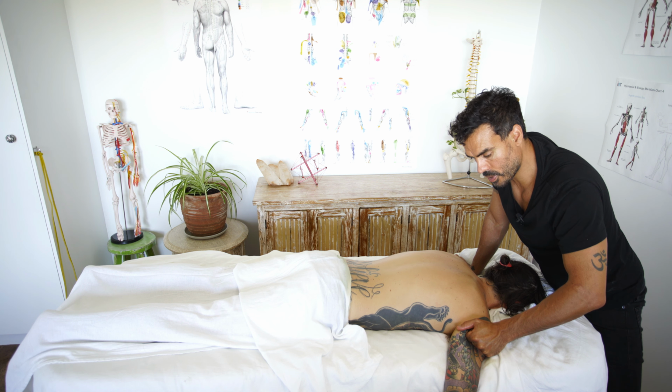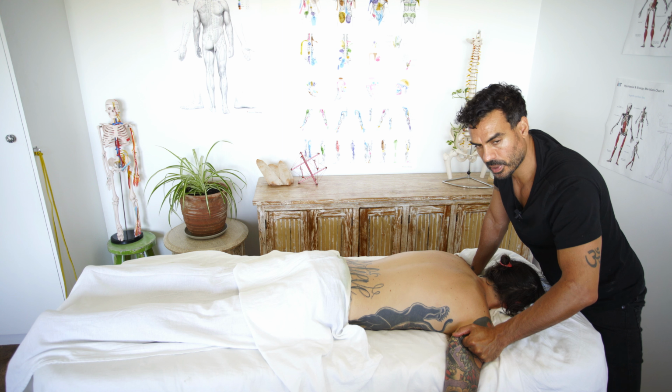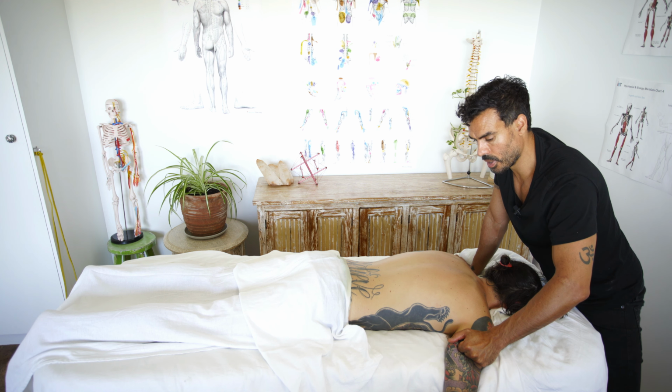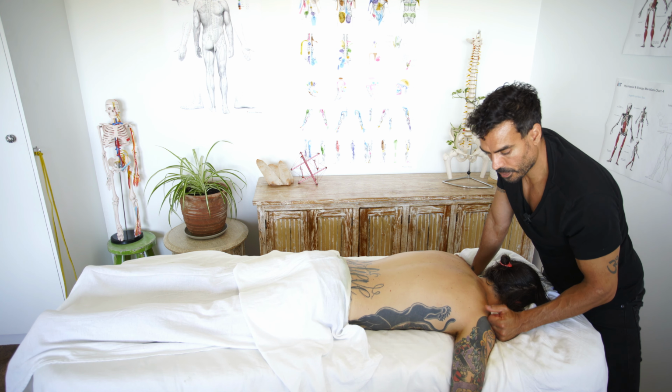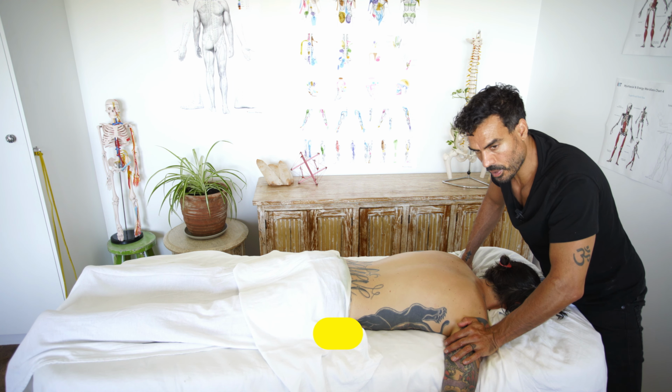And if you want to start to maybe experiment a little bit with how you could go deeper, then just do what I'm doing right here. Slow down. I'm still using quite a large surface area, but if you slow down,